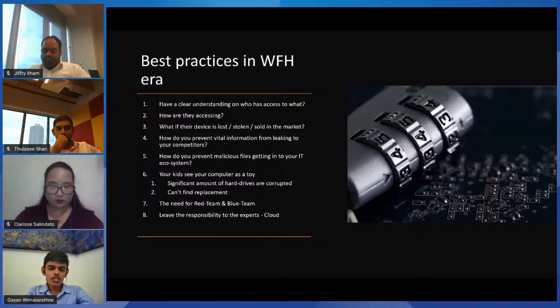Then we need to leave the responsibility to the experts, the cloud. Rather than you deciding what tools and mechanisms you need to invest in, or how to plan the BCP strategy, or how to do the backup infrastructure, the maintenance, the encryption, and the security and everything, it's better that you